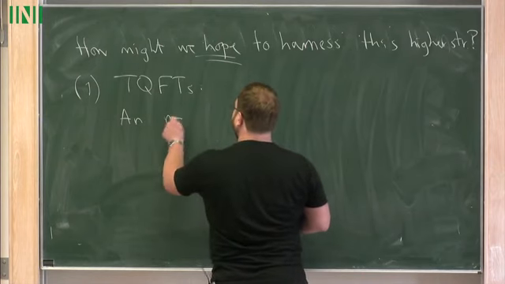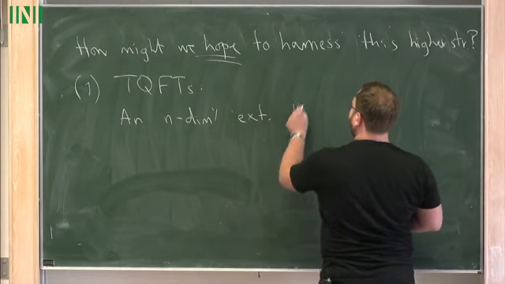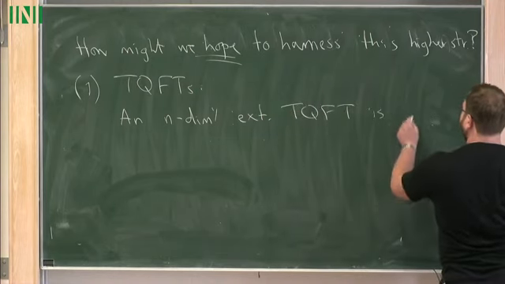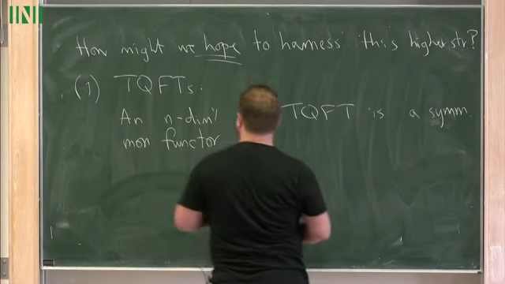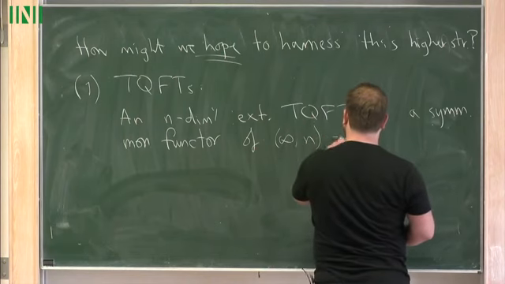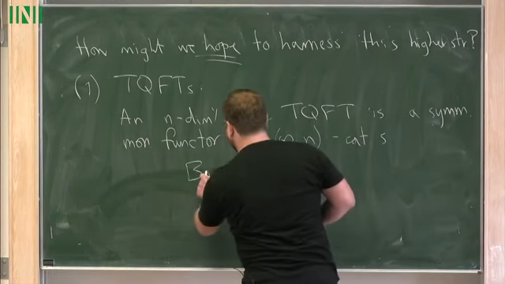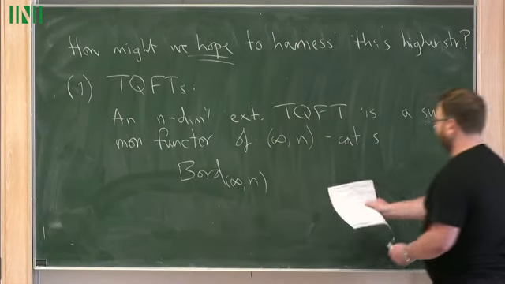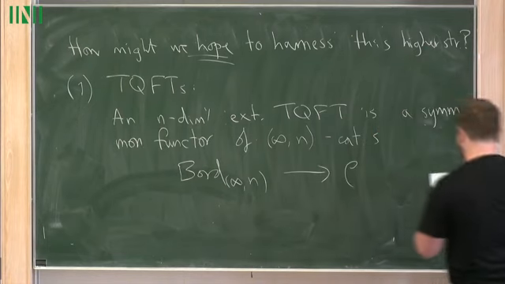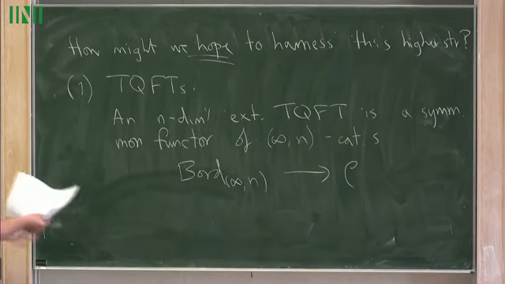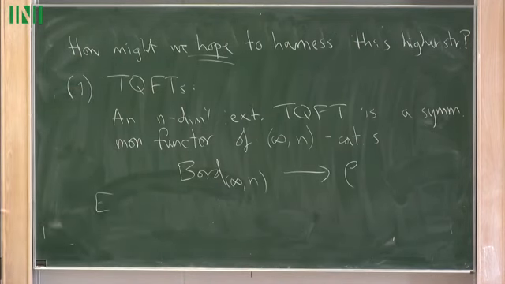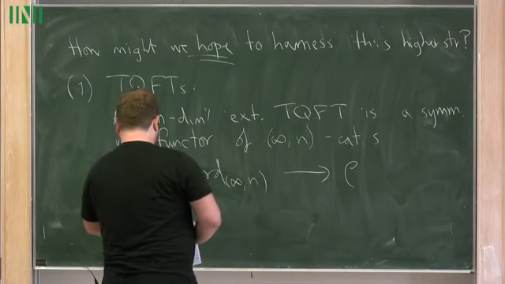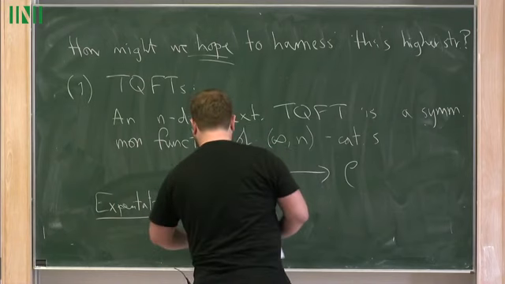Remember, an n-dimensional extended TQFT is defined to be a symmetric monoidal functor of infinity n-categories from an infinity n-category Bord_n of bordisms to some target infinity n-category C. But this is a very general definition with a completely abstract choice of C. And so for the kind of TQFTs that are relevant in physics and to the examples we have in low dimensions coming from representation theory, the expectation is that such a TQFT